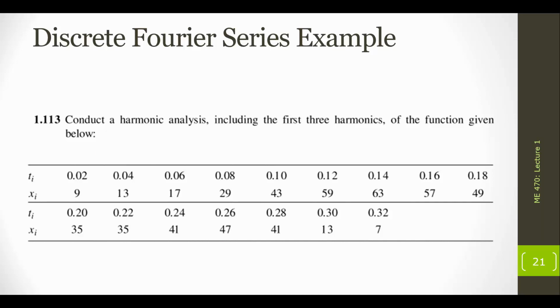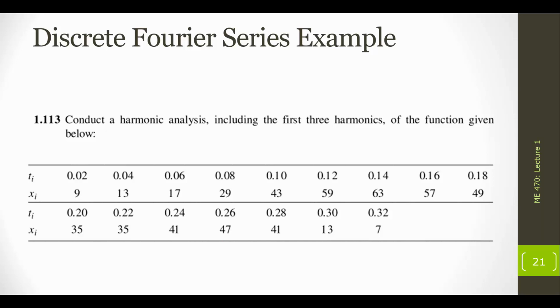So we're instructed to conduct a harmonic analysis, including the first three harmonics of the function below. So we have these couple of data points. Really what we're trying to determine here are the first three harmonics, which is saying we want the first three terms of that discrete Fourier series. So we're going to need to find the A0 term, A1, A2, A3, and B1, B2, B3. So using three sine functions and three cosine functions, we're going to attempt to recreate this signal based on this discrete